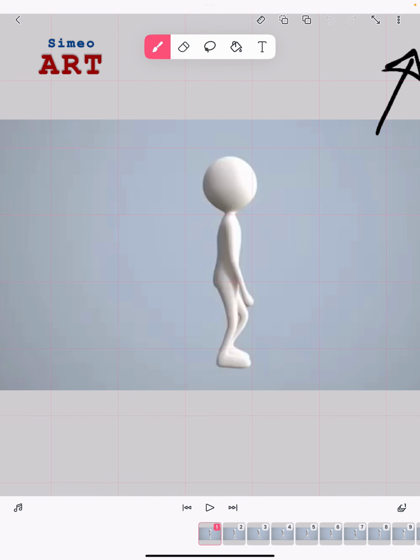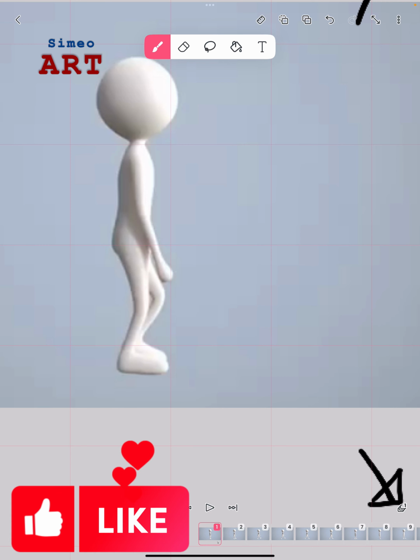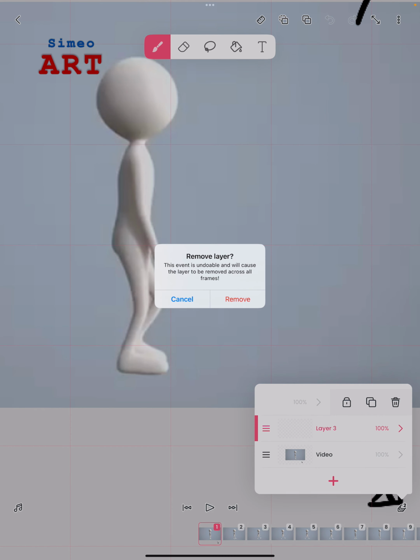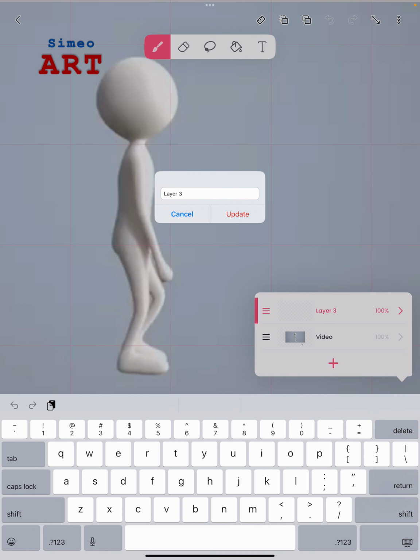So for this, you want to go down here to the layers tab, and you tap on it, and you're going to see that your video is on its own layer here. If you draw on this layer, you will have messed with the video. So I honestly suggest that you add a layer on which you're going to be doing all the drawing. So we're going to delete this upper layer here that we had initially. So we have only 2 layers now. We have the layer that has the video on it, and I'm going to rename this one drawing. This is the one we're going to draw on, drawing,